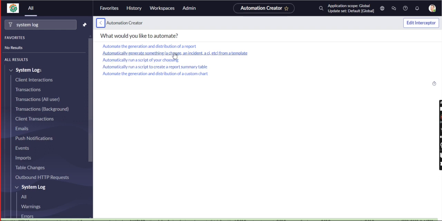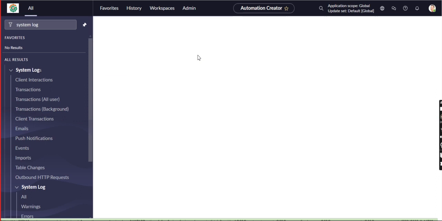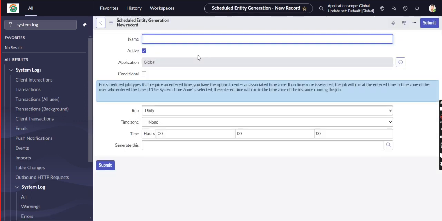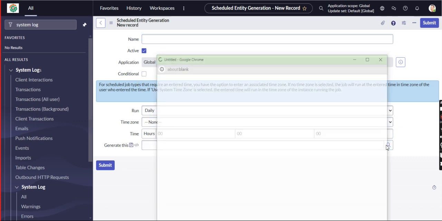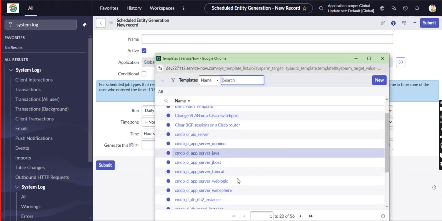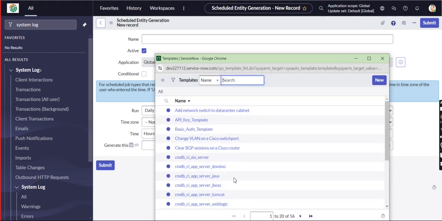Okay, automatically generate something. Generate is based on this particular thing: change cmdb, basic authority template, change VLAN.